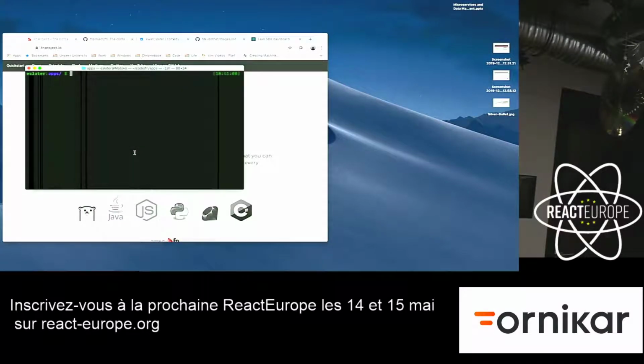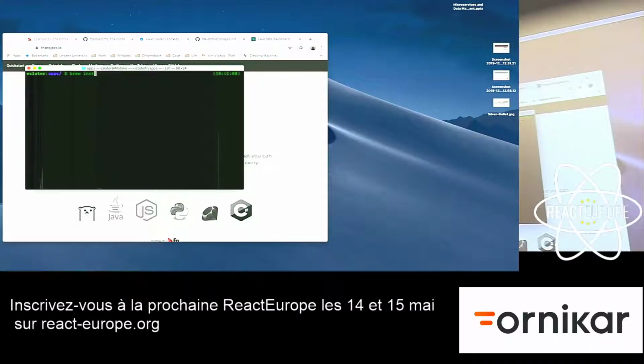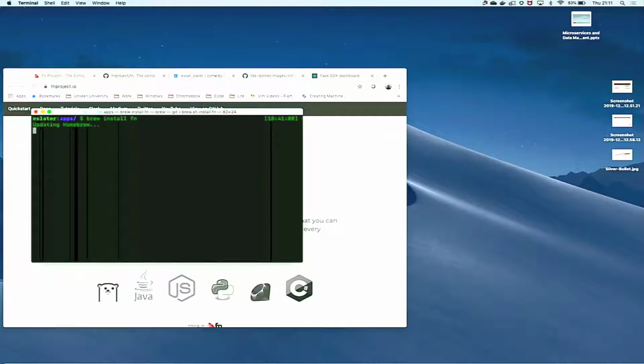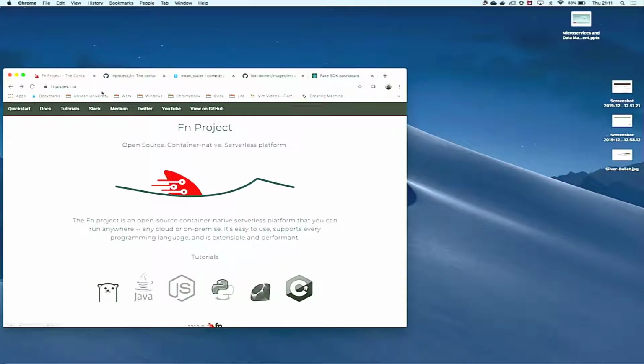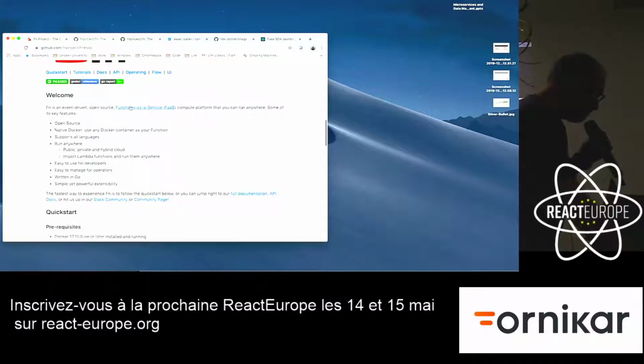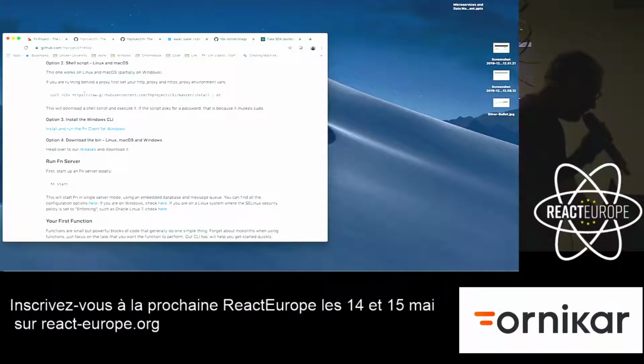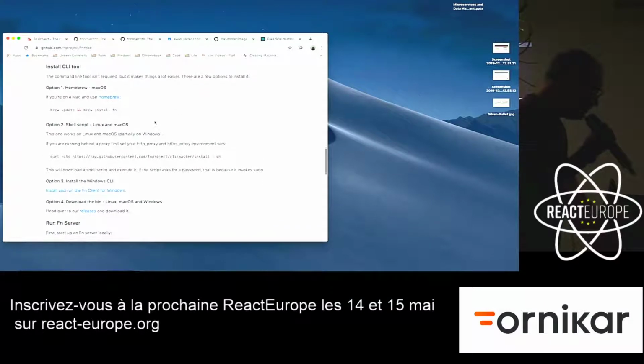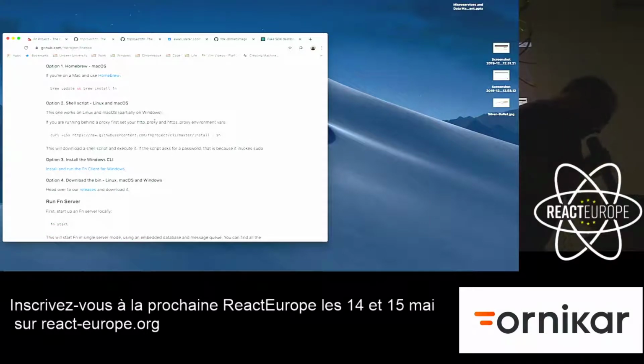So if you're on Mac, it's actually pretty easy. You just do install. And in this case, it will tell me I've already got it installed. You can do that, or if you go to fnproject.io and you go to the Quick Start Guide, come down, and if you're on Linux, you just run that command there. Windows, I haven't installed the CLI for. But having installed that,